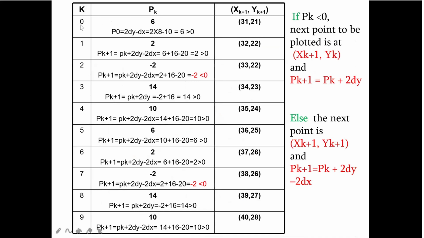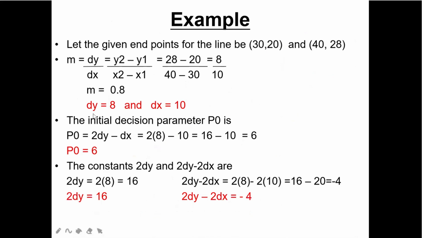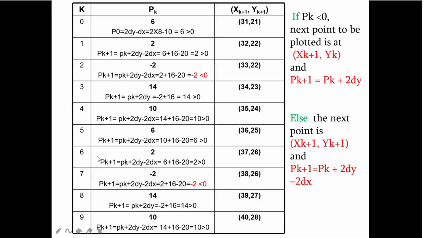So if k value is equal to 0, I have to calculate the p0 value. To calculate the p0 value, I have the formula. What is that? 2 dy minus dx. I have already calculated this value, where I got the answer as 6. So I'm just keeping that value here, 6. How I got it, I have explained in the lower part. Okay. So this line no need to write. If you want to write it also, it is very good, so that you will also get clear how you got the answer. Okay. So now the p0 value you got is 6.